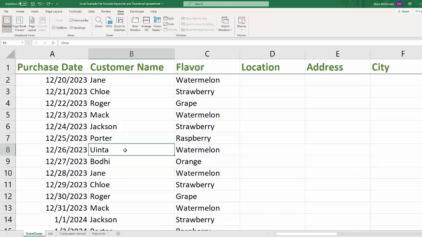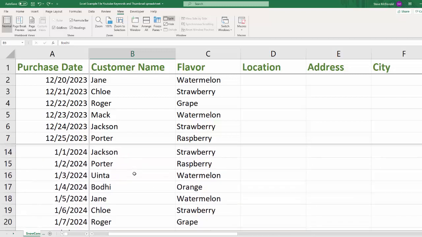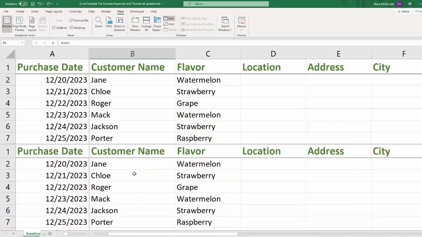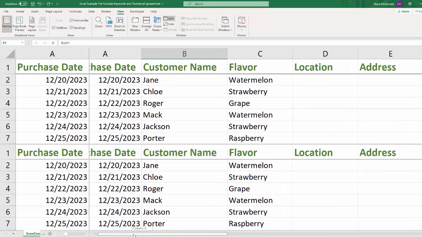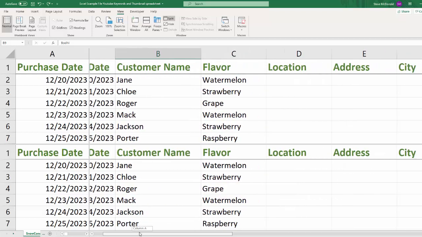And then one other thing I'll show you, which you may or may not need to discuss in an interview, is how to split the screen into fourths. And the way to do that is you just click on a cell and hit split. And at the top left corner of that, it's going to split it into 4 screens. And this gets pretty wonky, so I don't personally use it. But what you can do then is if you're selected in this lower right-hand quadrant, and you scroll, you're going to scroll the bottom of the screen, and if you scroll here, you're going to scroll the side or the right side of the screen,